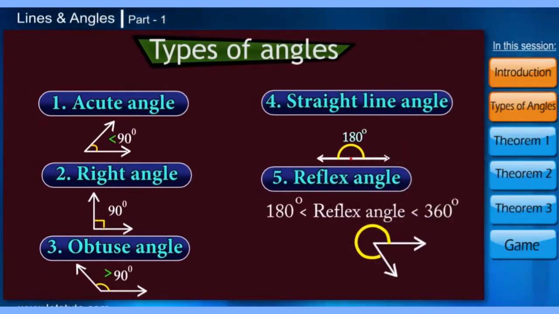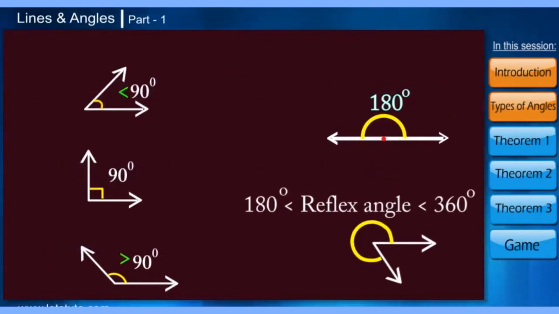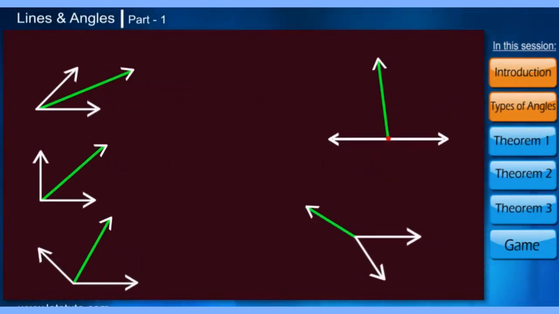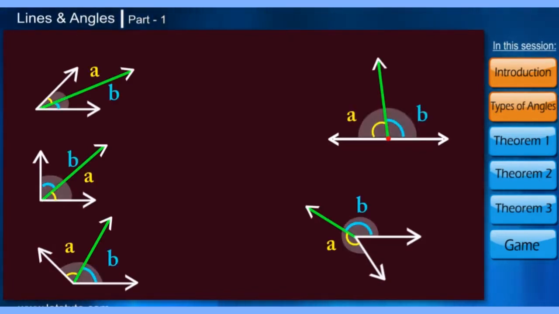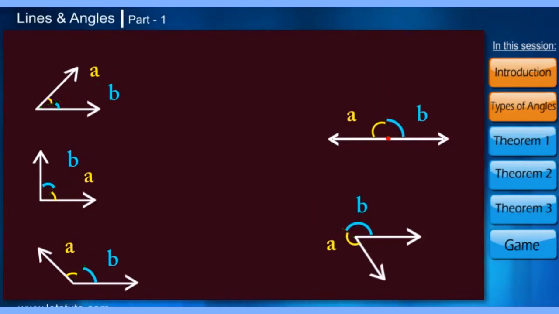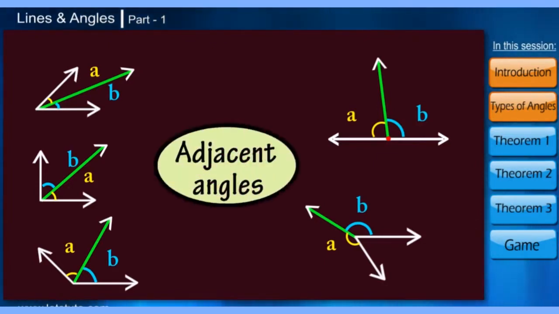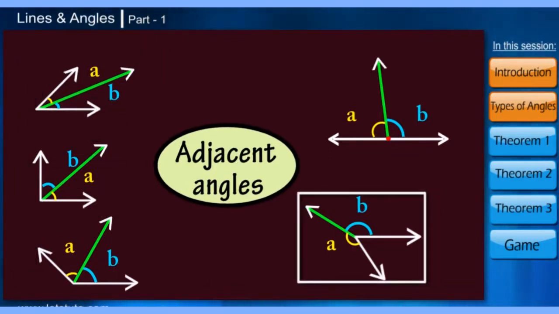So, till now, we were talking about only one angle. But when I draw one ray somewhere between the angle, now we have two angles which have one ray in common, right? And such kind of angles are called adjacent angles. Now these adjacent angles can be of various types and different measures.